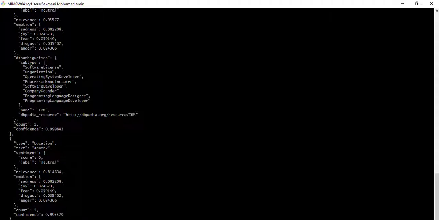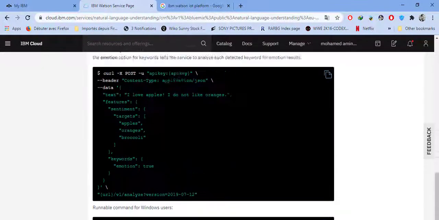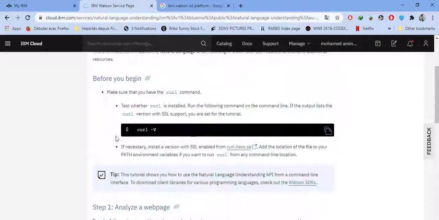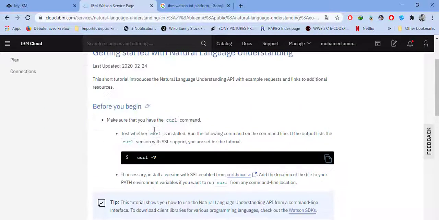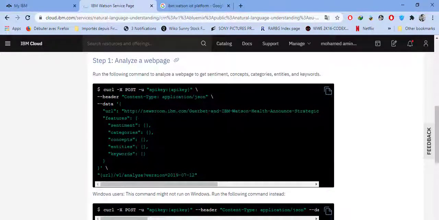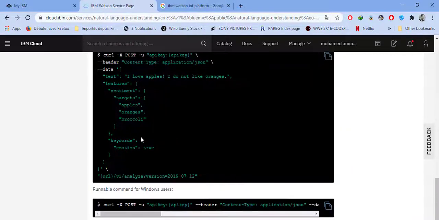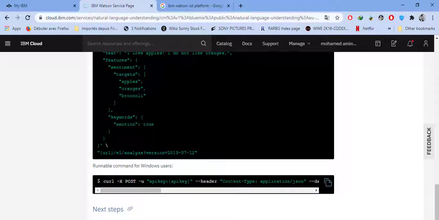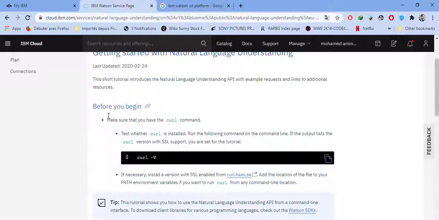We'll still just work in the Git bash. Now here, also the same in this documentation of the IBM documentation. He put how we can post a URL like here. Then he teaches us how we can post text. And before